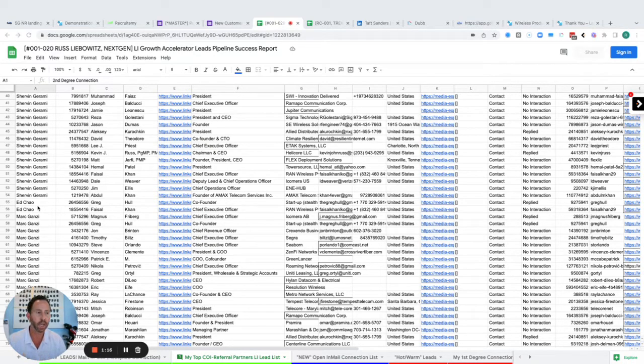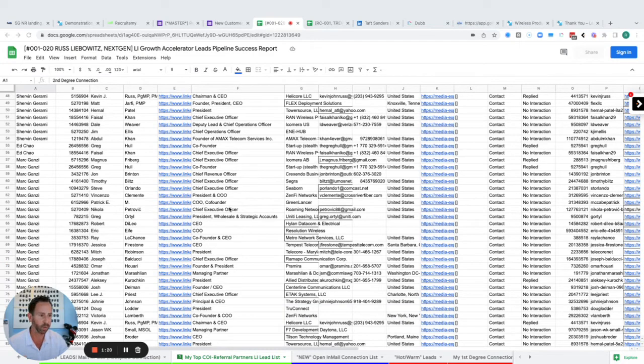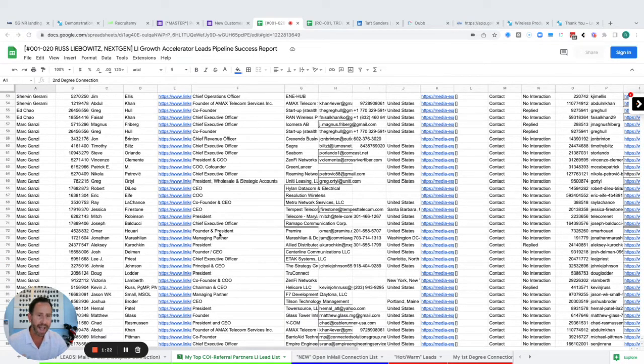I want to acquire. And so what I do is I plug in the parameters for the tool that we use, and it aggregates and goes out and finds mutual first degree connections with my target list here on the left. And it gives me an output of all of these folks right here who I am connected with as mutual through Mark Gansey, for example. So now I can email Mark Gansey.